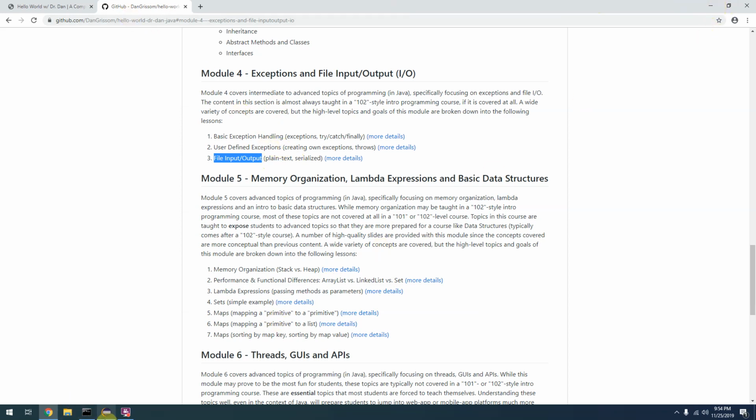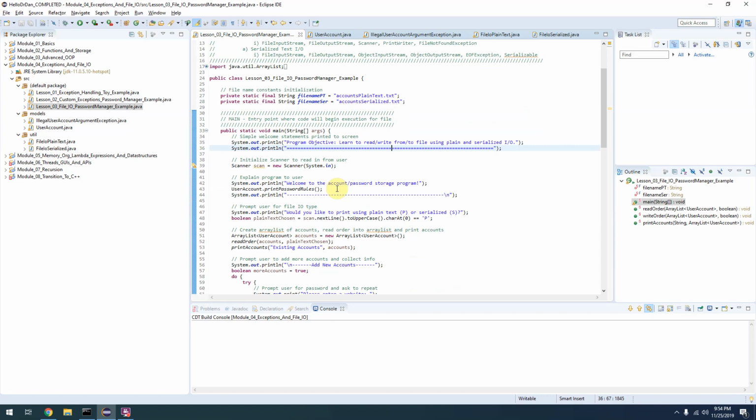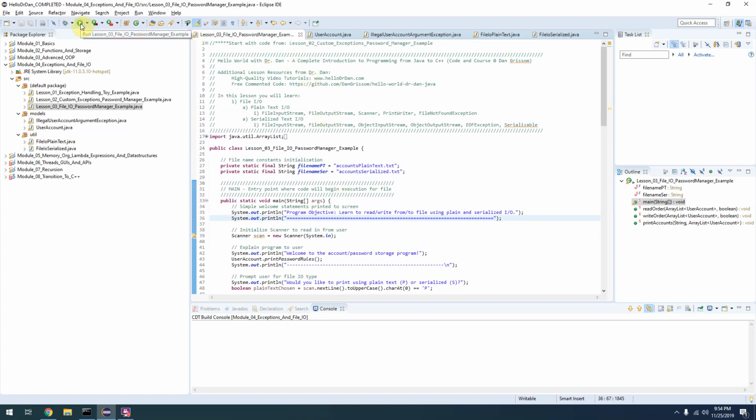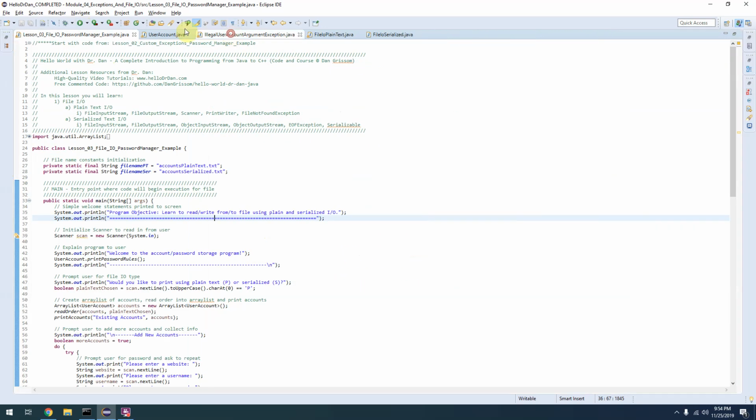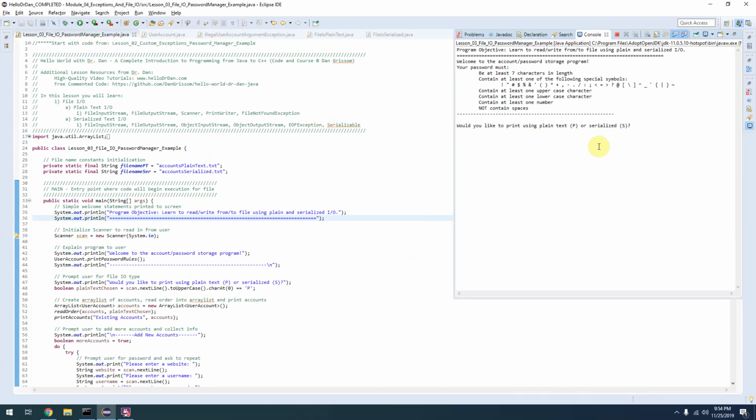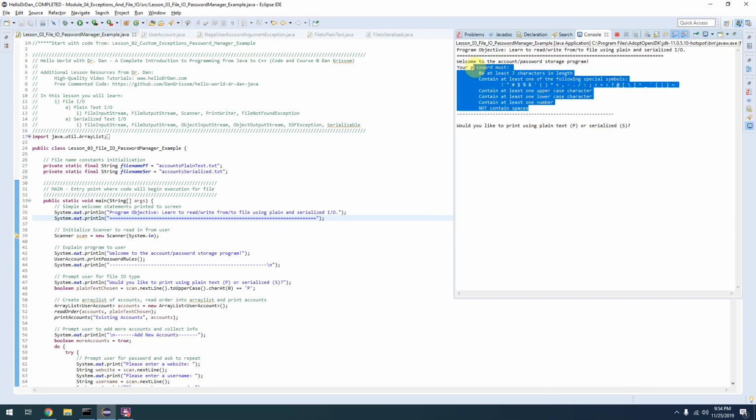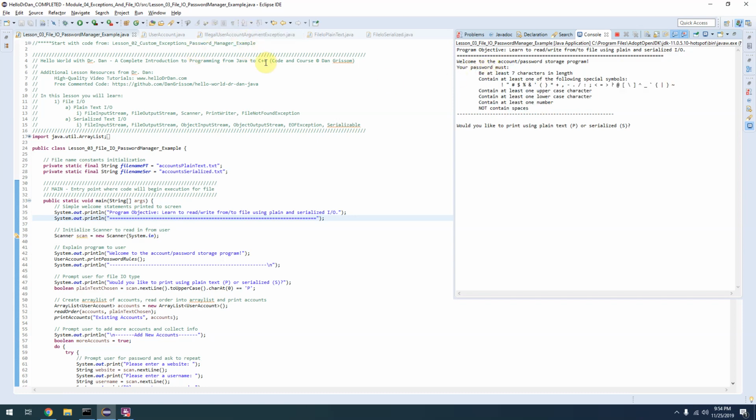So if we go ahead and look at the code, I'll run this program and then talk about what's in the code. If I run this, you'll see it's going to build off the previous example where we created user-defined exceptions to store internet username and password accounts. It's going to first start off and ask me